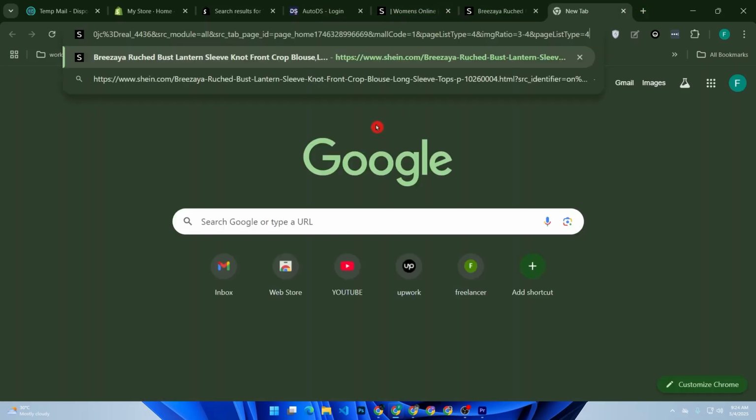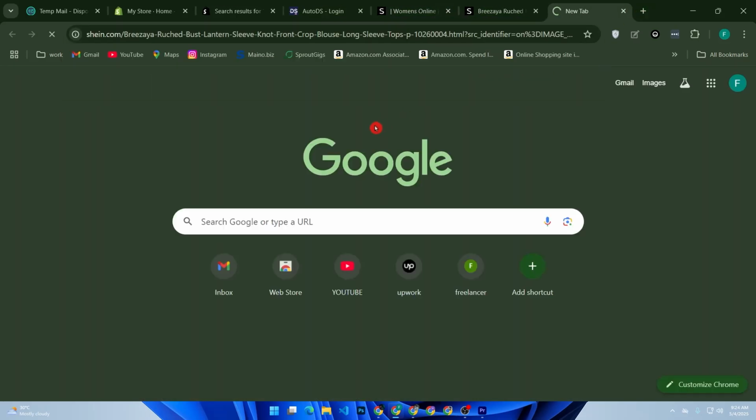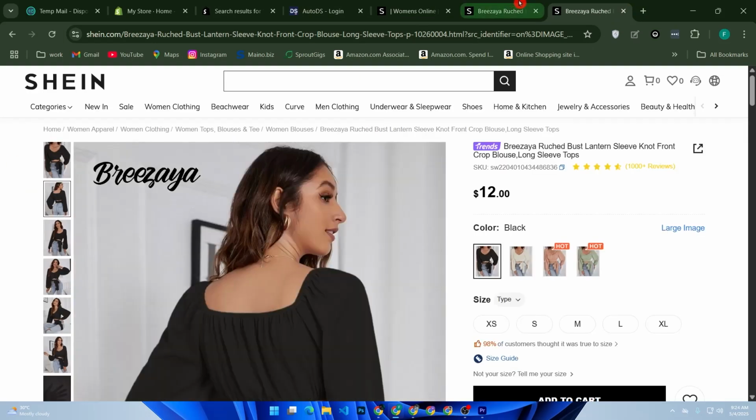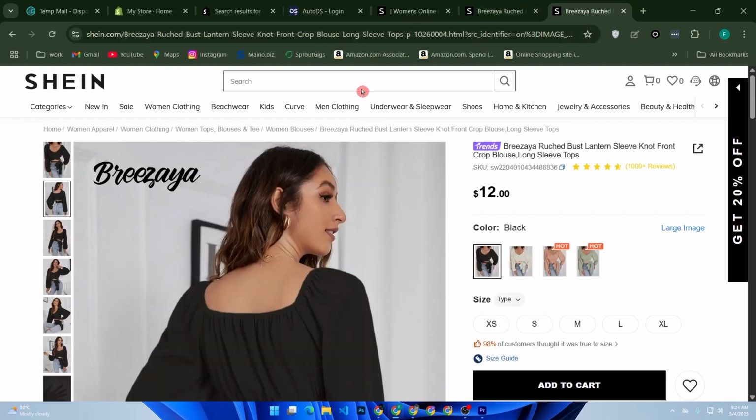If you paste it anywhere, that's it. And go to the AutoDS dashboard